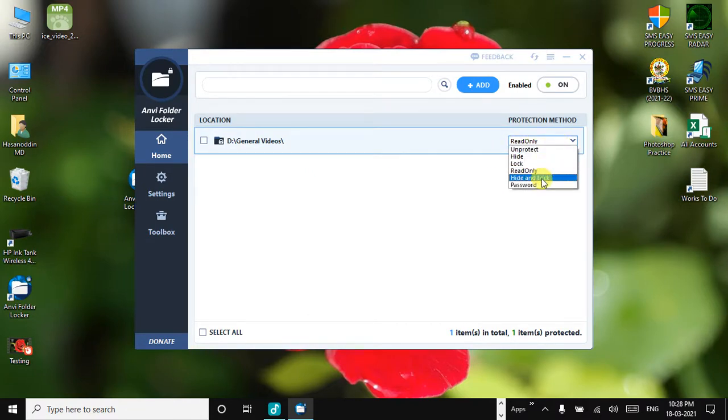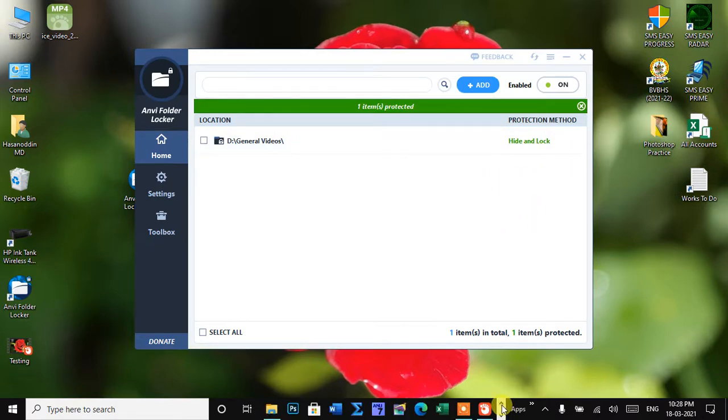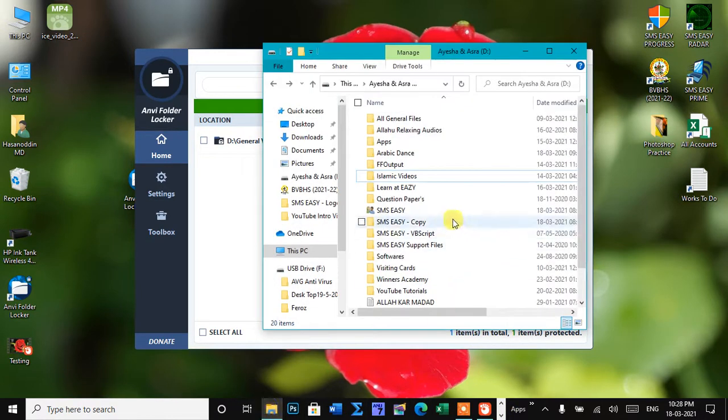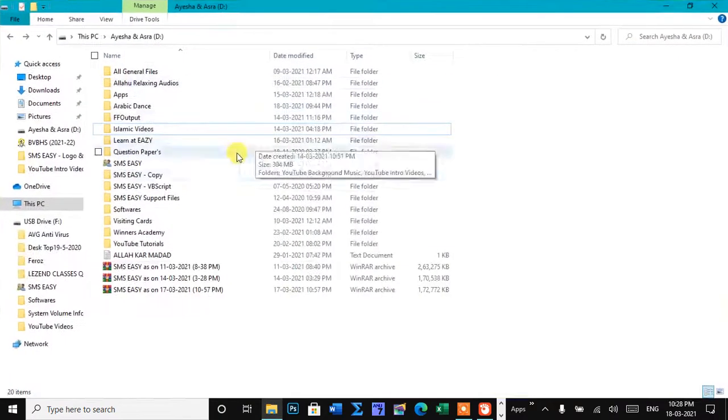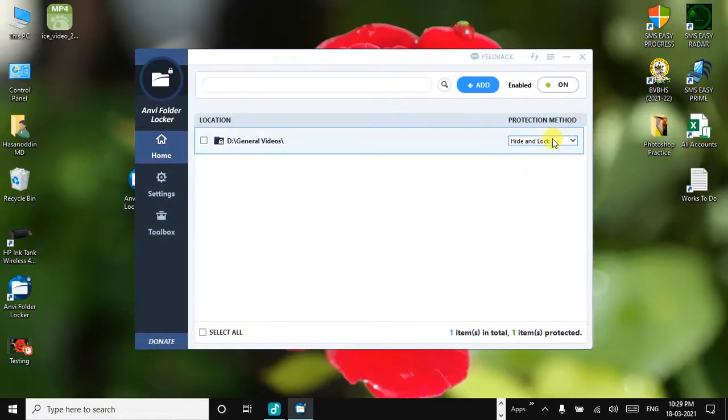So next option is hide and lock. So by using this option, you can hide and lock. So if you observe, the general videos file is not showing. Okay, so here the selected folder will be hidden and locked.